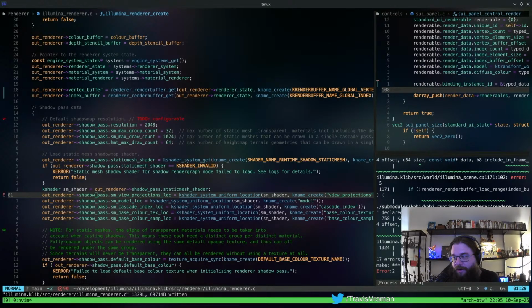Planning on supporting QOI. That's the quite okay image format, if I remember correctly. And HDR out of the box. Write wrappers for libpng and libjpeg, maybe WebP. And on Windows, WIC would handle it.